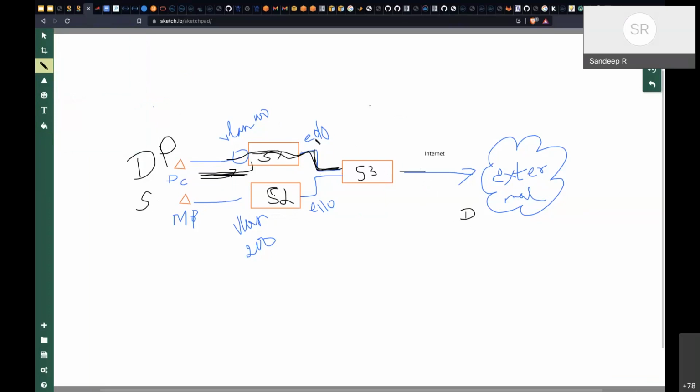Let us say this interface is E0/0, and the interface from where the packet came, let us call it E1/0. There is also one more interface here, also E1/0, on the other switch. So there is someone inside the switch who made the decision that the packet coming on this interface will have to go out on that interface. That is because of the local forwarding that happened.